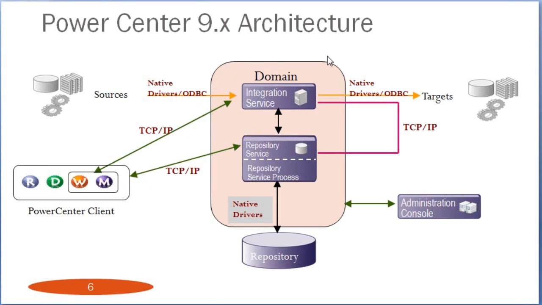So this is the part which is covered in pink color. This is the server part. The server mainly consists of 2 types of basic core services which are very helpful in integrating the data. That is, one is the Repository Service, and another is the Integration Service. So as discussed yesterday, the repository database